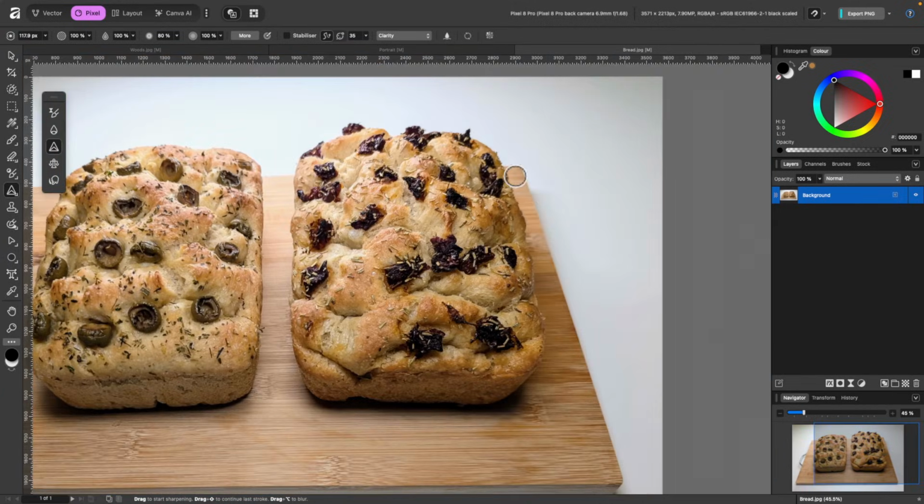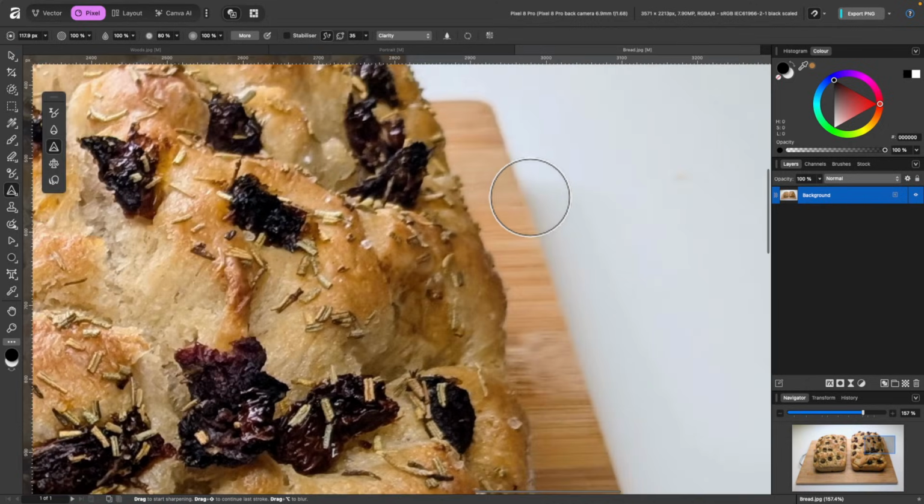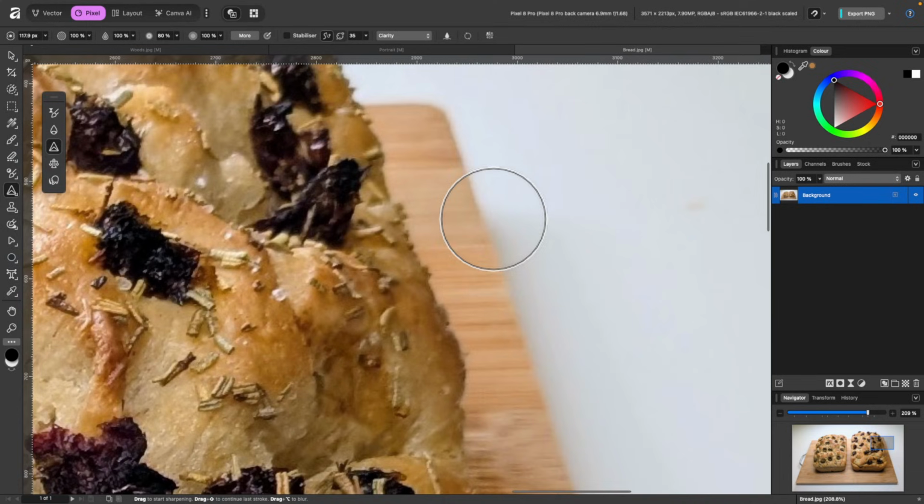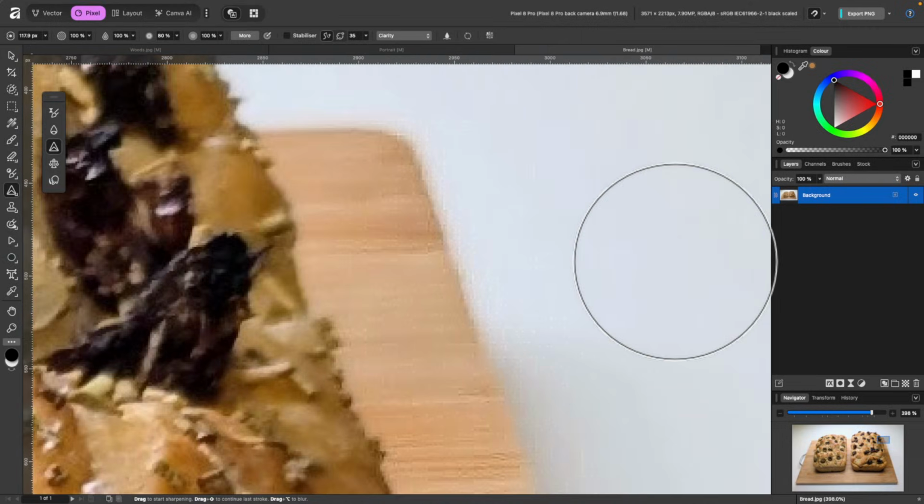Now, just so you know, this is just a JPEG, it's not a high-end RAW image, so this will probably work a little bit better if I had a few more pixels to work with. But I'm just going to paint in this area here. I'm going to lift my finger off the trackpad and try again. And the more I do that, you see the more it becomes clear. But you can also tell that actually the pixels are showing now.